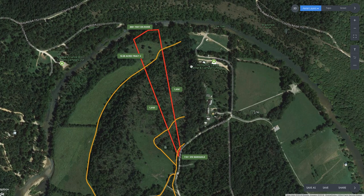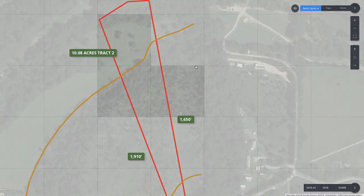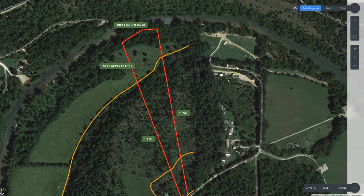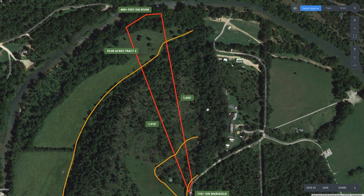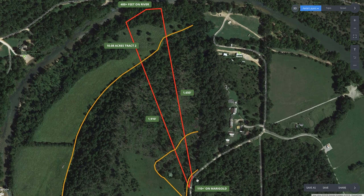This is in a small private area called Riverside at the Niangua. This is Tract 2. It has, like I said, over 400 feet of frontage on the north side. If you go back to the south, it borders Marigold Drive for about 110 feet. So it gets progressively wider as you go toward the water, which I'm told is what people like on waterfront properties. And then by the time you get to the water, it's the widest, and you have all that frontage